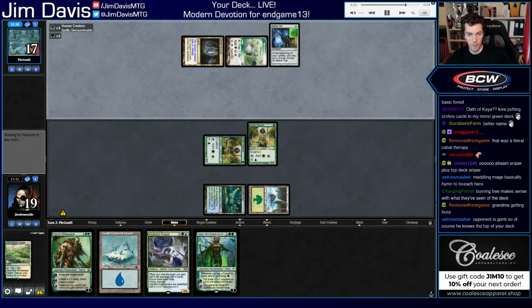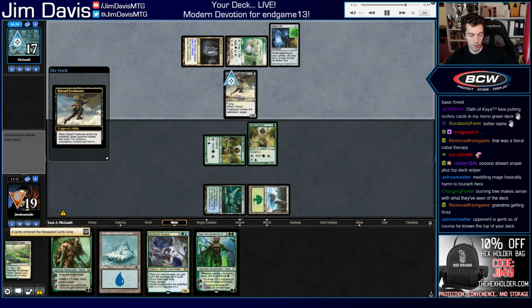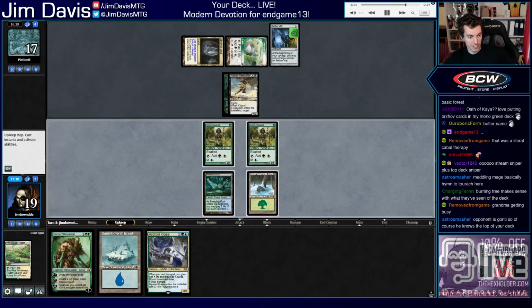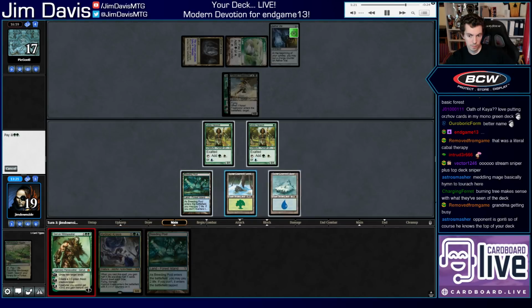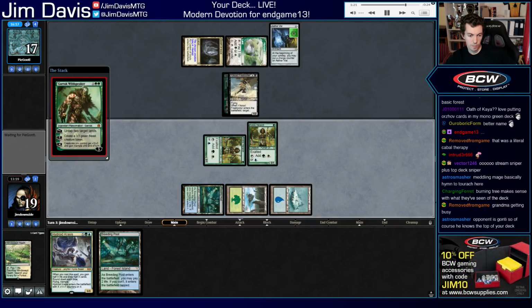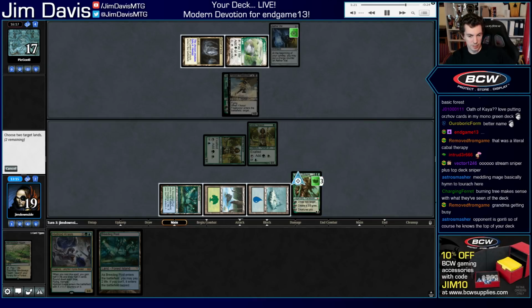Alright, so we're getting booted, which is fine, so we have two good payoffs, so... Not really too bad for us here. They'll take Nissa, we play Garruk. Probably just untap the land, so I want to play a huge Krasis next turn, so... If I have minus, it just dies pretty easily, so...